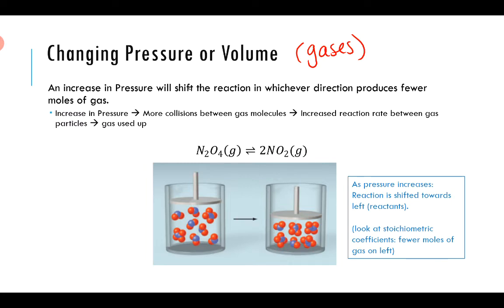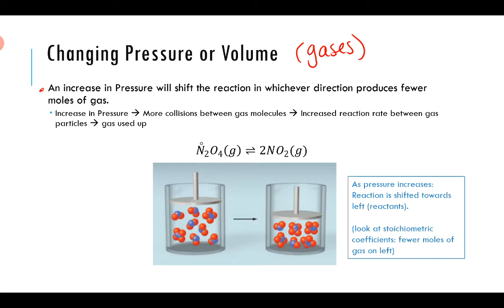So we have to think about how this statement is applied. It says if we increase the pressure, there's more collisions between gas molecules. So that's true. And then we will increase the rate of reaction between our gas molecules because now they're under